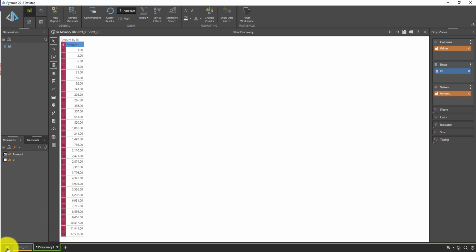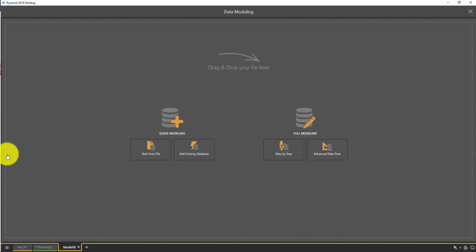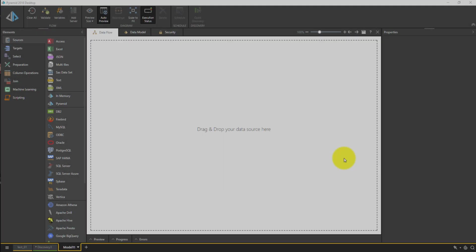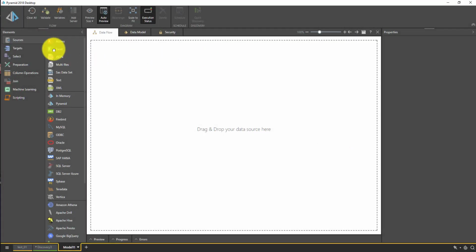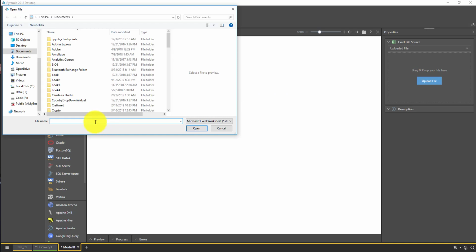The next way I'm going to demonstrate is if I go back to Home, I'm going to click the model button from the menu there, click Advanced Data Flow. So we're going to drop the Excel source onto the page, and as you can see, there are a number of options that you can choose when selecting your Excel file source, whether it's uploaded, shared, or URL. We're going to choose uploaded in this case, and again we're going to go and find our Excel spreadsheet